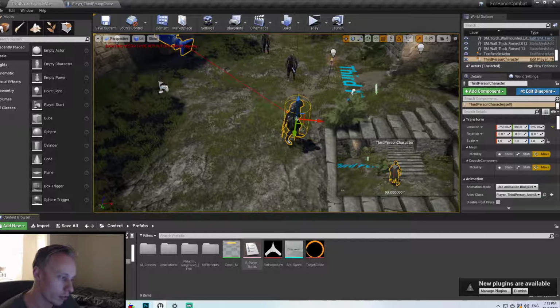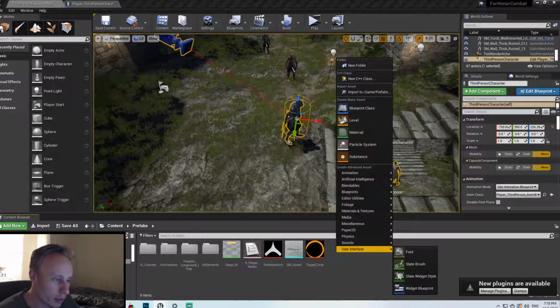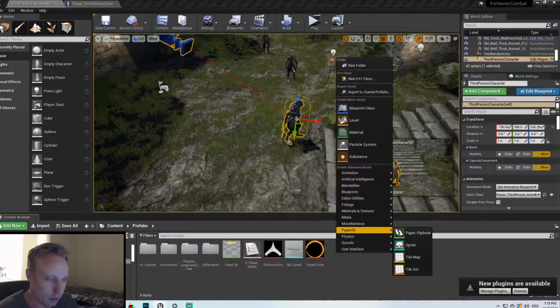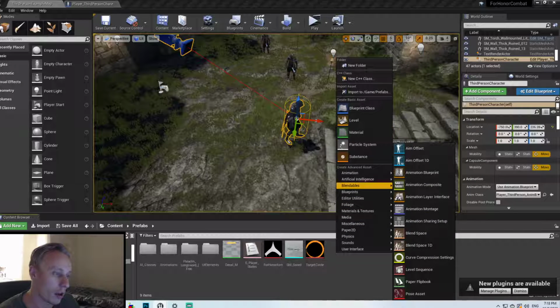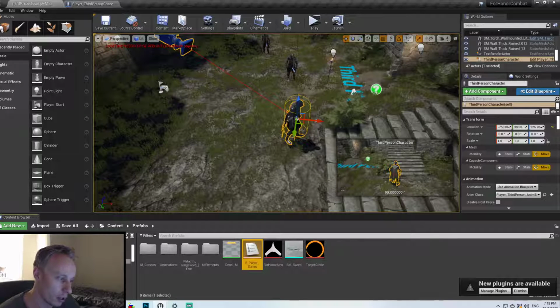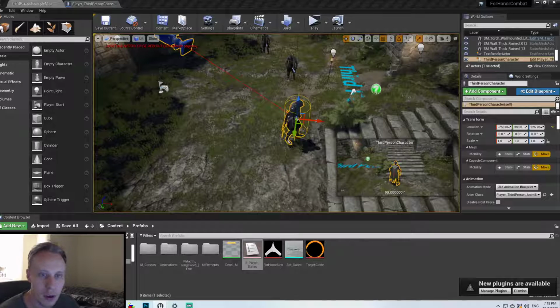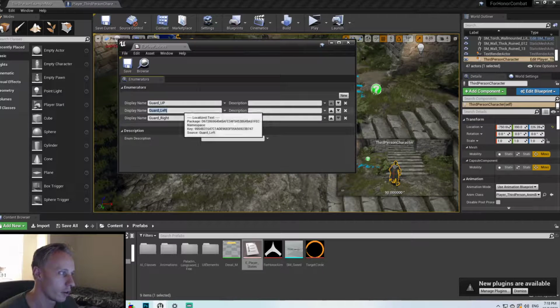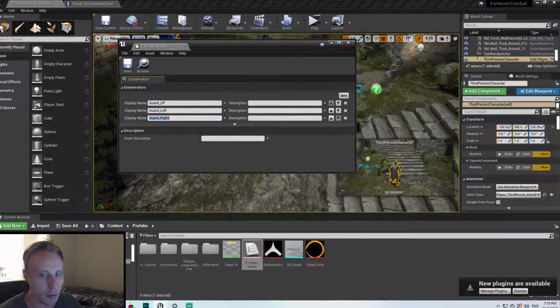At the start, if you haven't worked with blueprint enumerations before, just do a right click. You can do it with booleans as we already did in the last video, but enumerations is a little bit better because it's gonna be easier to control when we add more states in the future, like stunned or things like that as well. So just right click, blueprint enumeration. I called mine E_PlayerStates, and the different states that we have in this one are guard up, guard left, and guard right. So those are the only 3 states that I have right now